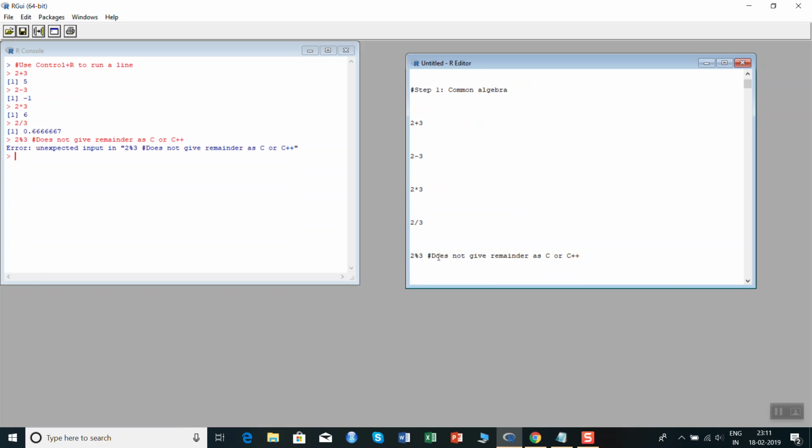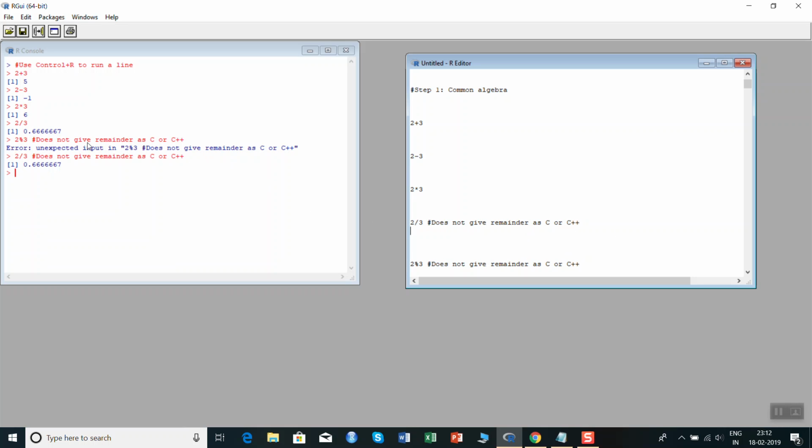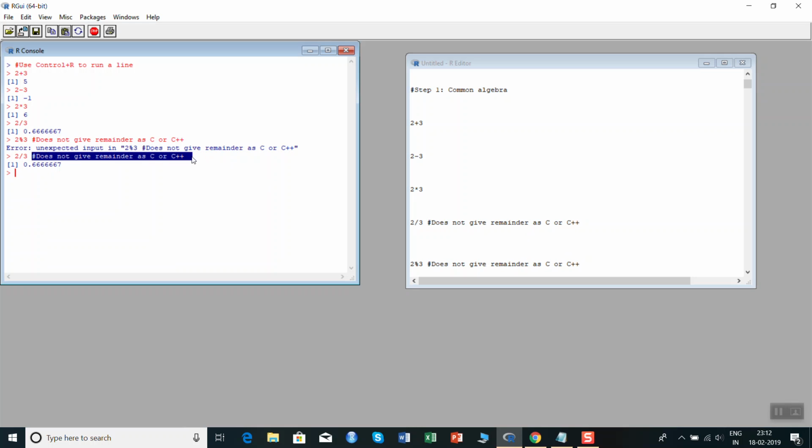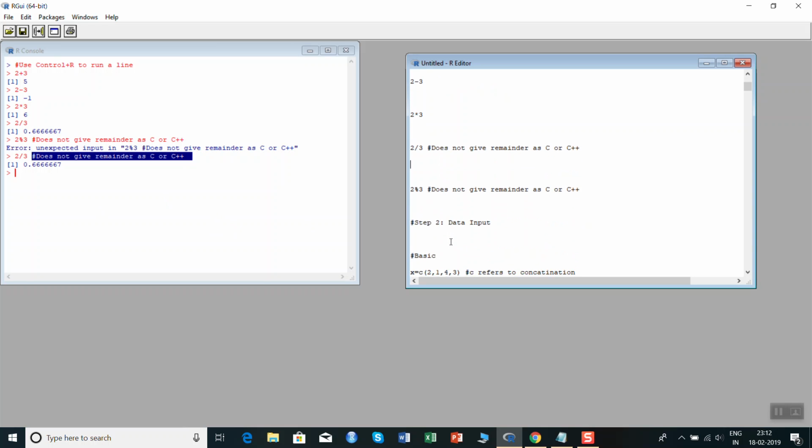Another thing you learned here is that if you put this comment in the coding itself, it will just execute. The comment does not affect the code itself. So R can be used as a calculator.